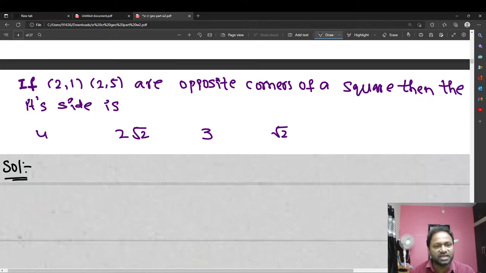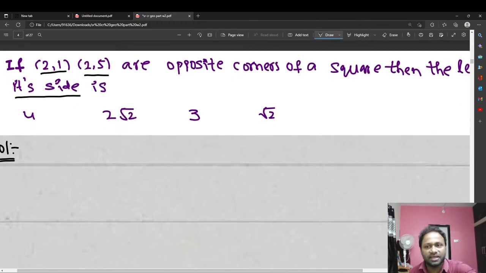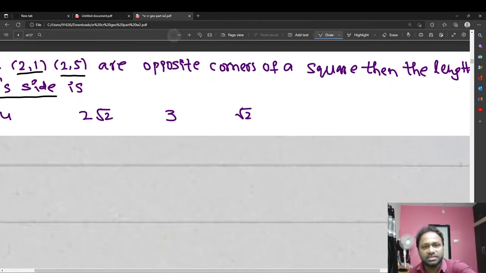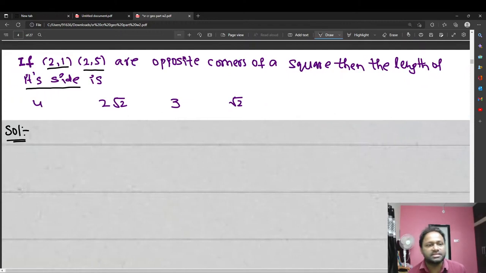First, we need to understand the question. Ordered pair (2, 1) and ordered pair (2, 5). These two are opposite corners of a square. Then its side is? This is the question. See the question thoroughly. If ordered pair (2, 1) is there, as well as